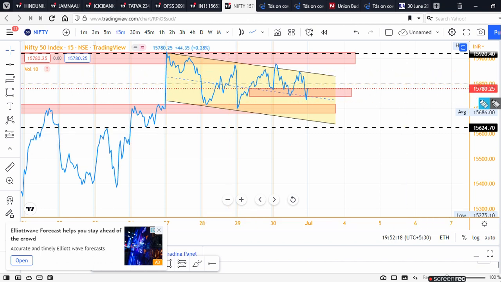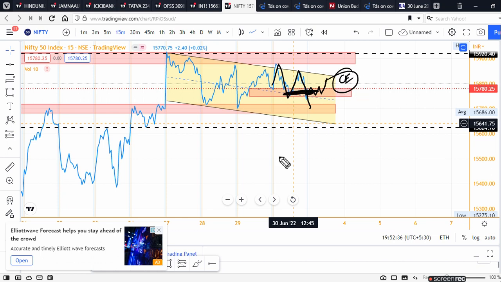Now, what if market opens flat? If market opens flat, the decision will be the same. If market opens somewhere over here, I am expecting this to continue. If it has to move up after opening flat, it has to give you some rejections, create a base over here, and then only move up. So CE के लिए कल के लिए chances बहुत कम हैं. Only reason which we can take CE is that market opens flat, consolidates here a bit, and then breaks out on the upside. The first target then shall again be the upper range of this trend, and then this major key area. So this is all about Nifty 50 for tomorrow.